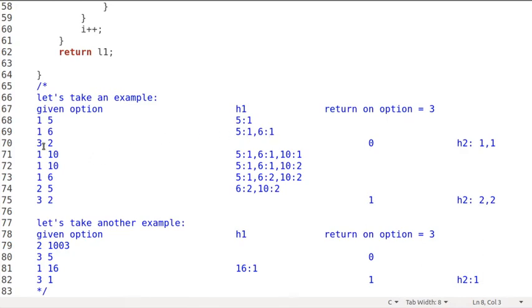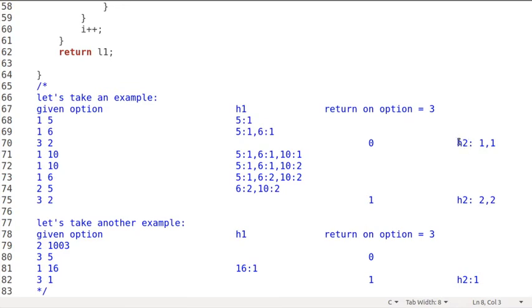Then we get query 3 with value 2, and we have to check if the HashMap has a frequency of 2. Neither 5 nor 6 has frequency 2, both of them have 1. So our output will be 0.